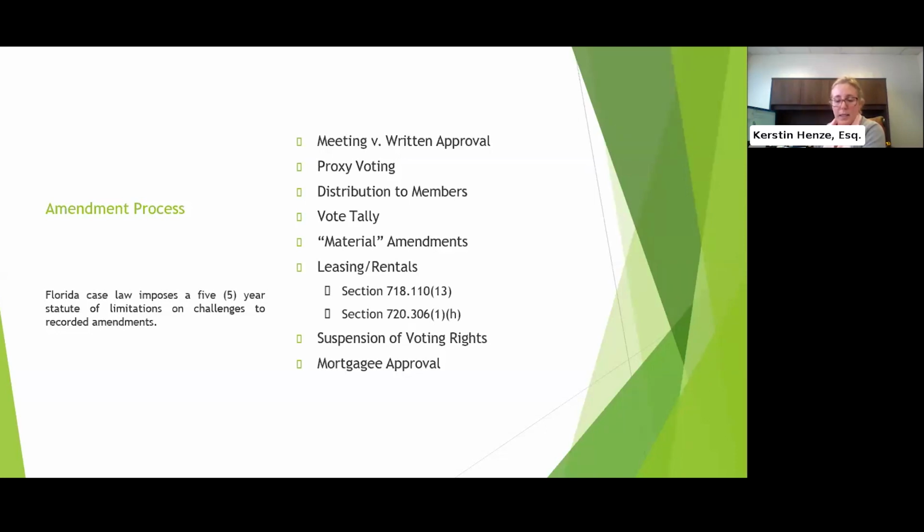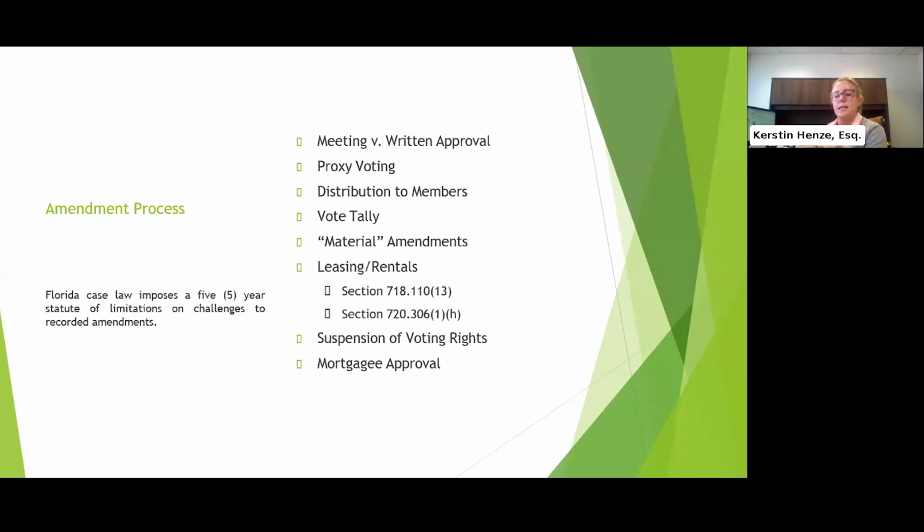Okay, typically the process entails you having to do a title search, confirm which units or parcels have first mortgages, and then confirming with the owners whether in fact the mortgage companies that were reflected on the title search are the lenders to whom they pay their mortgage, and if so, then the statute requires you to notify those mortgagees, let them know, hey, we're amending the document, this is the amendment.